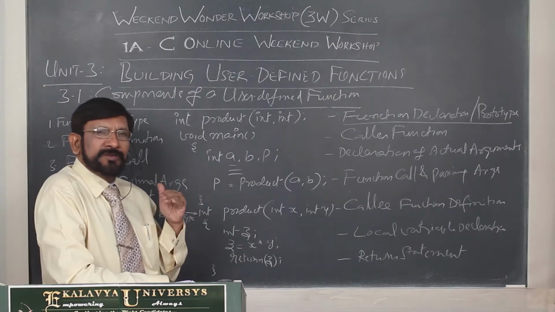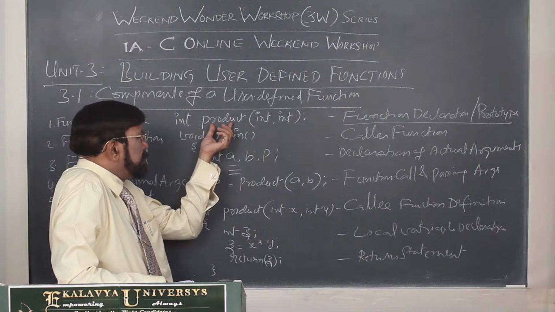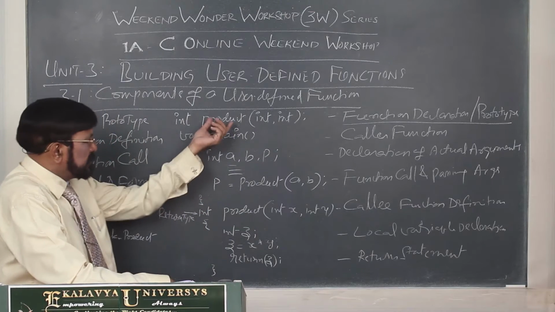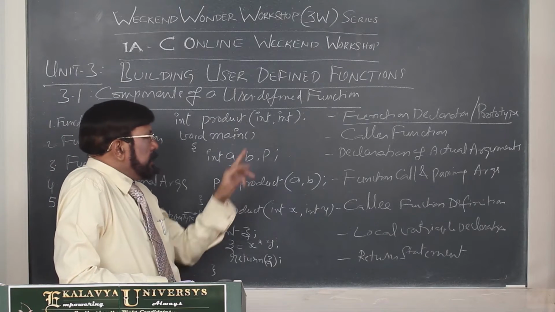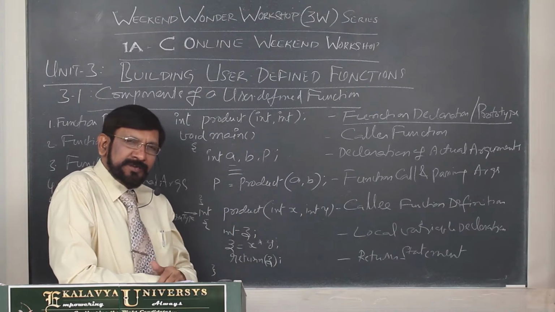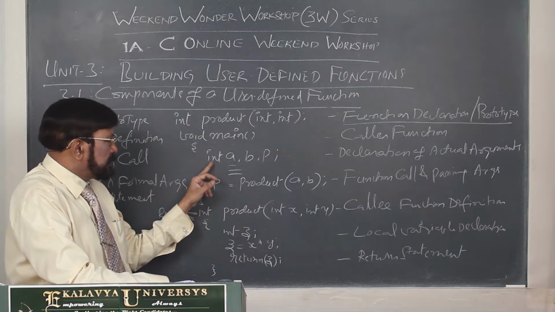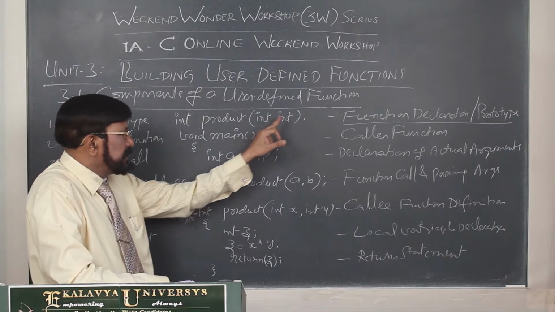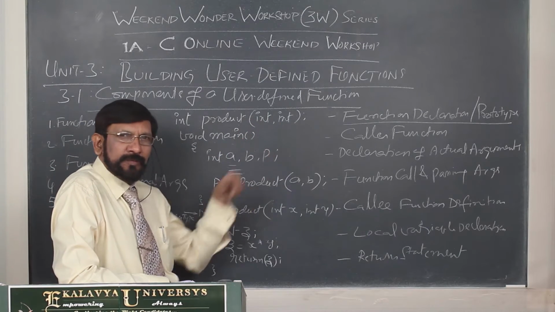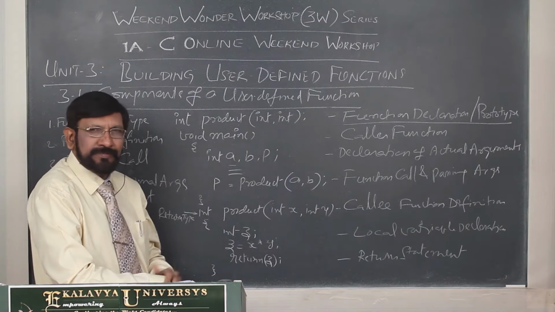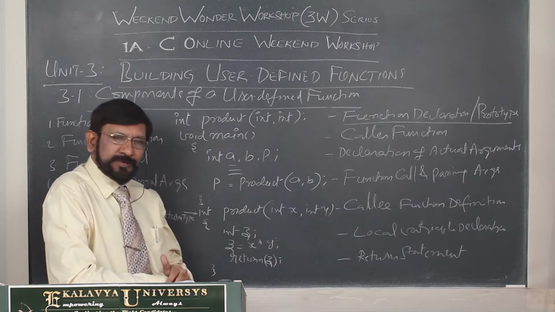So what do you have to decide? First decide the name. What name? It is calculating the product. That's why I am giving an explanatory name, product, or calculate product. Thereafter, what am I doing? Which type of arguments is it taking? Which type of arguments are you passing through the function? You are passing two integer type variables. So int. Suppose one is int, the other one b is float, then what do we have to write? Int, float. Suppose both are floats, float. You understand? So int. Two integer variables you are giving.